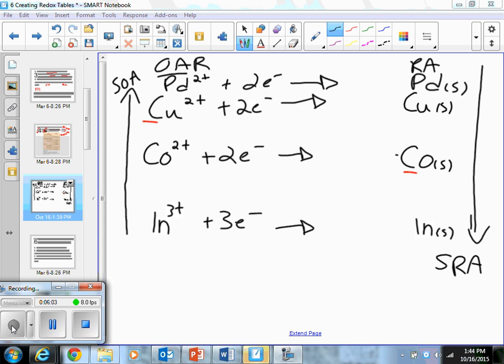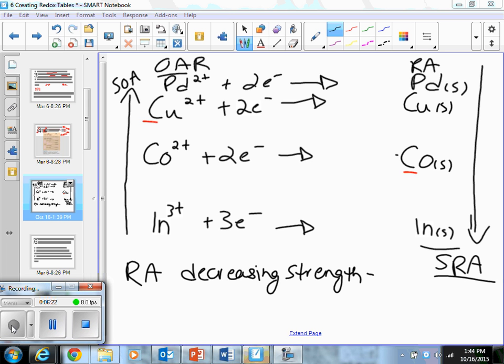If the question asked you to, let's say, list the reducing agents in order of decreasing strength, first, you've got to find which side of the table the RAs are on, and then we have to know that the strongest is going to be in the bottom right corner. So if we list these in decreasing strength, it means we're going from the strongest to the weakest. Strongest would be solid indium, and then